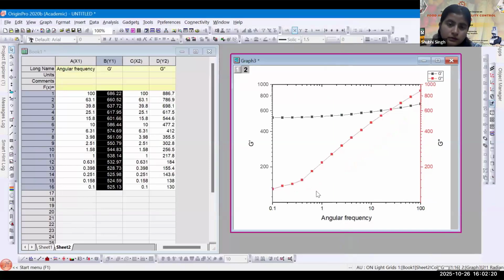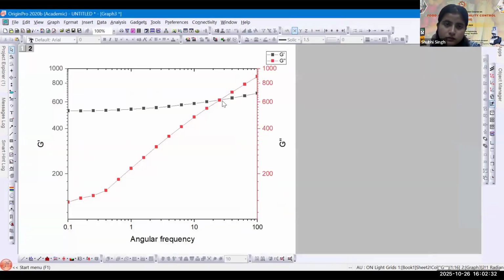As you can see, this loss modulus, this G double prime, kept increasing, both are increasing, but at a certain point you can see the two graphs are cutting. So what does it mean? Up to here, the elastic modulus in the material is dominating up to some certain frequency range. The elastic modulus is dominant, and the viscous behavior of the material